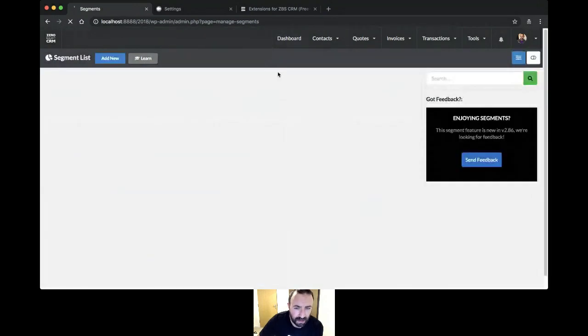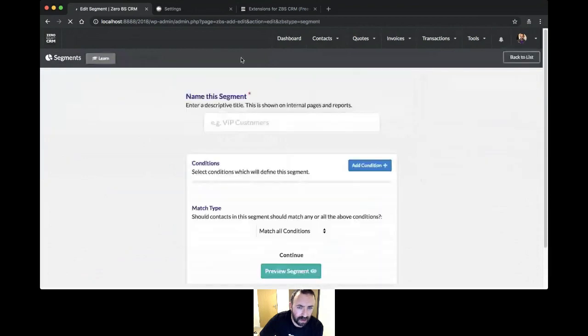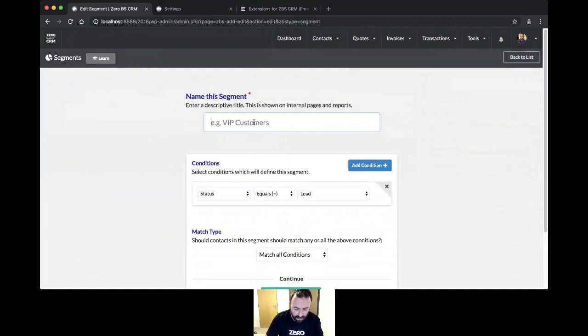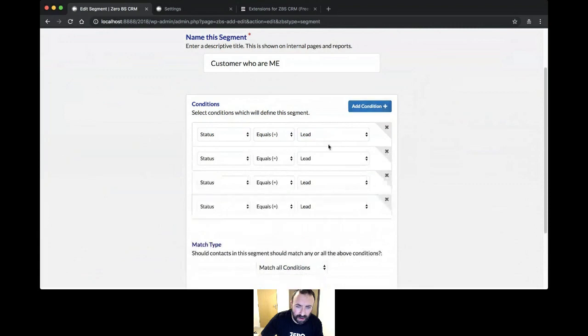So segments is like a more complex way of dealing with tags. So I'll show you how we do the segment. So say, let's add a new segment. And okay, so now I want a specific segment of the CRM. So customers who are me. And then I only want to look at people who are leads. So anyone that's me that's a customer or a different status, then you can say, actually, I only want to look at customers with the tag of me, or you can add a lot of other conditions here and say